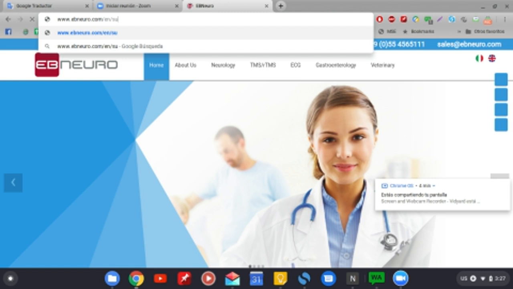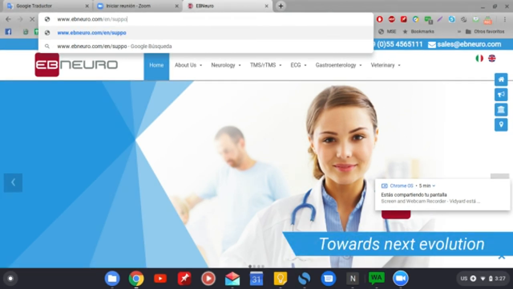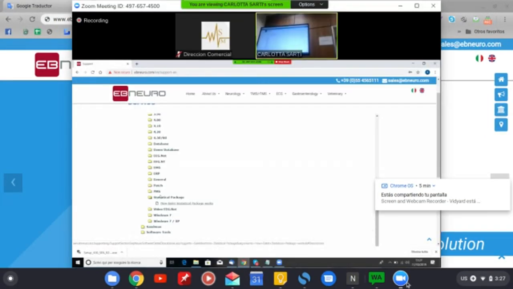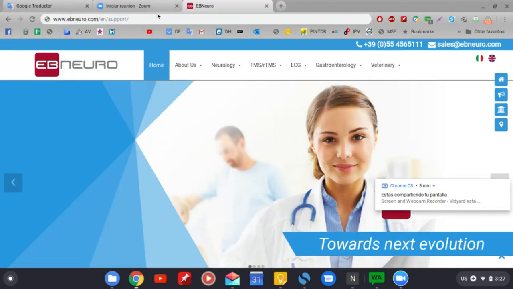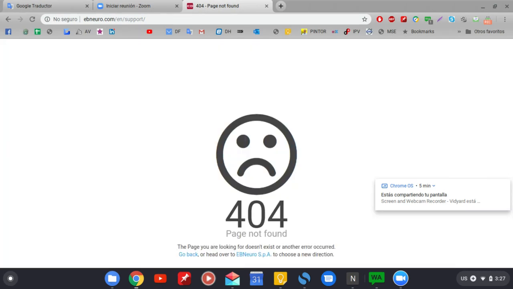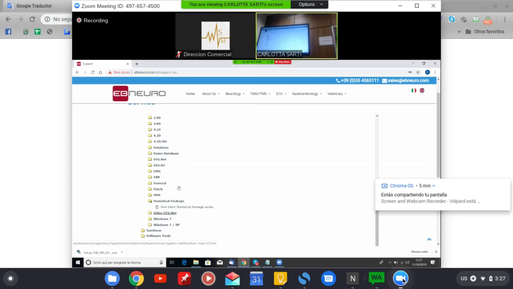Anyway, also here under online support you can find the hardware section. Under the hardware section, you can find all our hardware, and for example, for the Linux 2 here, you can find some dedicated documentation.